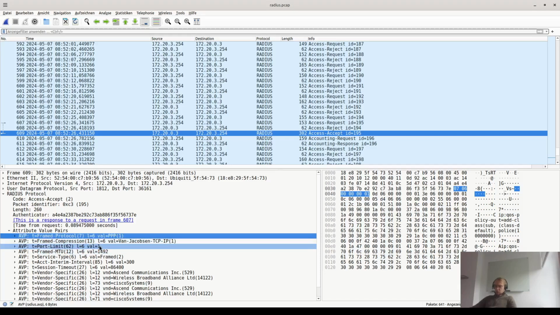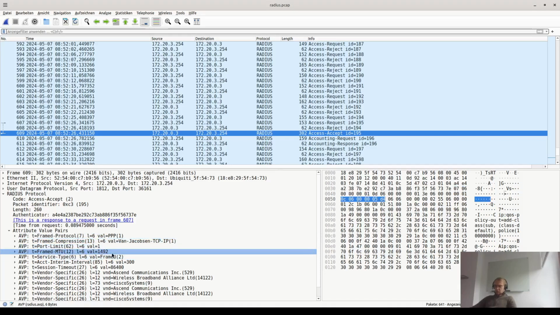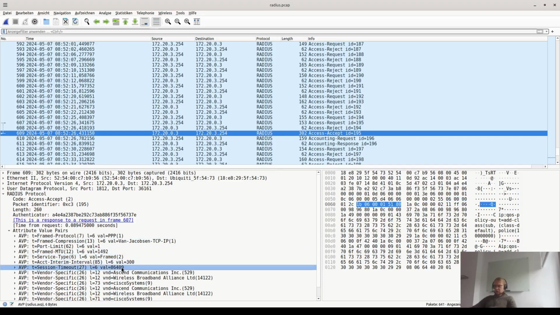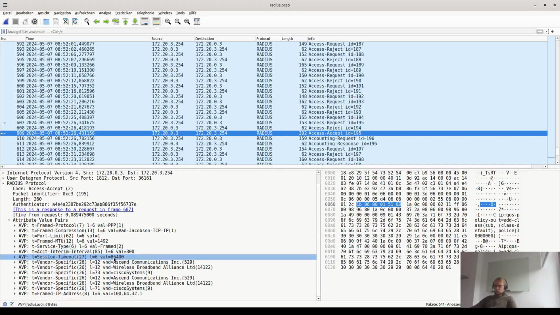We have a limit of 1. We have a framed MTU of 1492. And we can see the interim interval is 300 seconds, so 5 minutes. And the session should only last for a maximum of 1 day. Then below these are vendor specific attributes, the downstream and upstream bandwidth, 10 megabit and 1 megabit, signaled